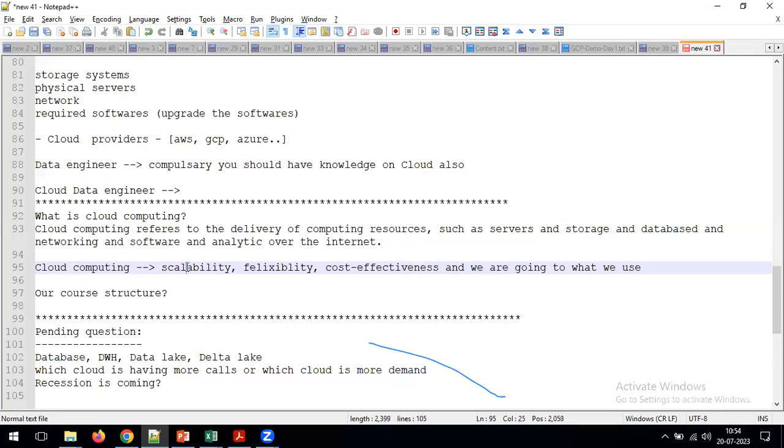One is scalability, another is flexibility, and next is cost effectiveness. Whatever we use, only that much amount we pay to the cloud providers. These are the features from the cloud computing perspective.